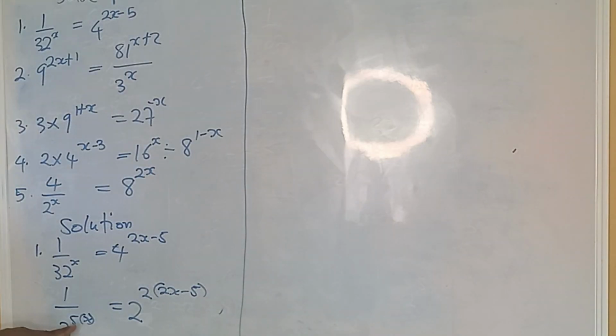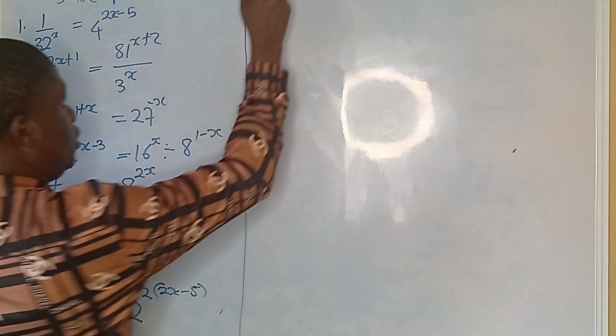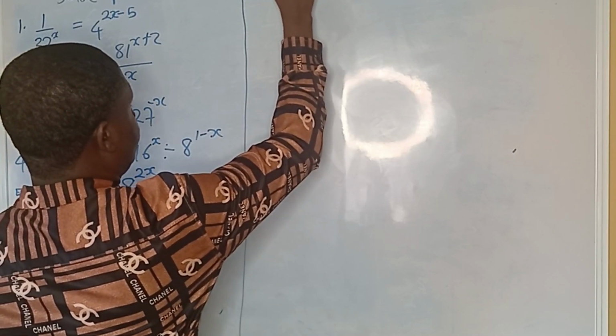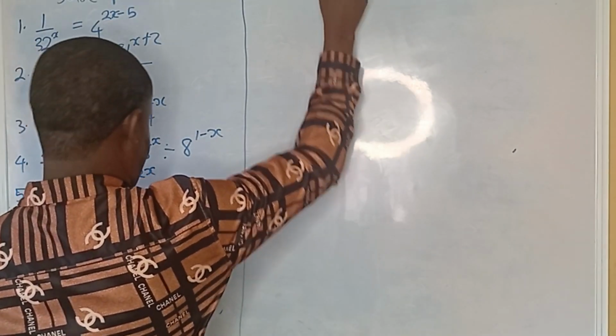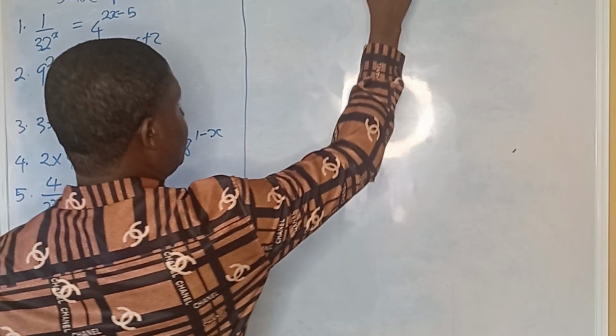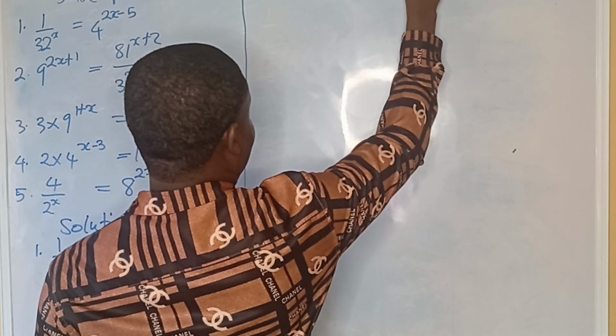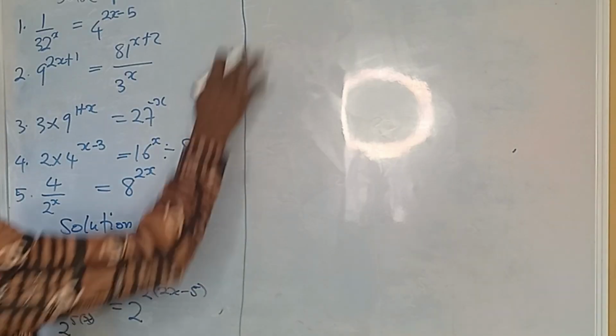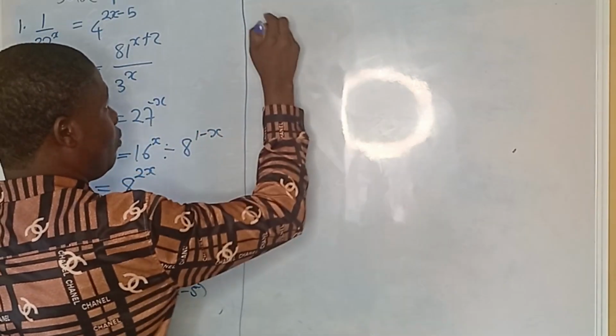Okay. Now, from our law of indices, this is the same as 2 raised to the power of minus 5x, which is equals to 2 raised to the power of 2 into bracket 2x minus 5. Okay. So since their base are the same thing, we equate their powers,